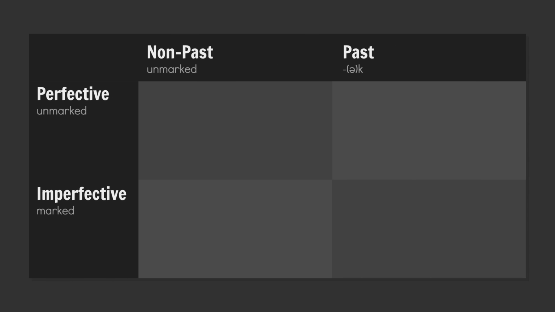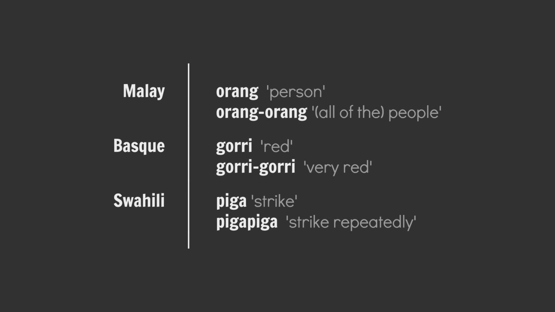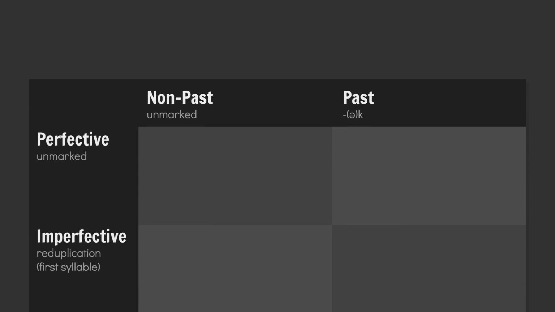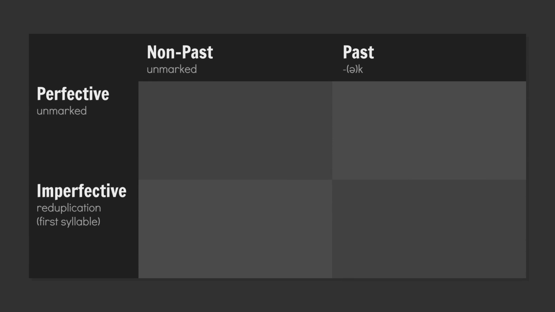Works for me. Most often, tense or aspect marking will come in the form of an affix derived from a lexical source, but another option is reduplication. Reduplication involves the repetition of all or part of a word to reflect a change in grammatical meaning. The meaning encoded by reduplication varies from language to language. In OA, we could say that, while the unmarked verb is interpreted as perfective, implying a single or complete occurrence of the verb, reduplicating the first syllable frames the verb as iterative or ongoing, which therefore becomes a sort of imperfective. Our two tenses and two aspects combine to create four possible encodings.